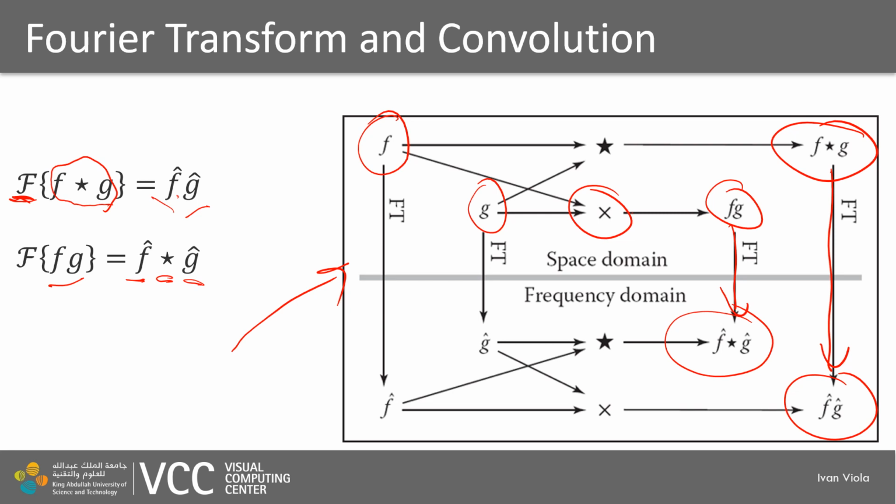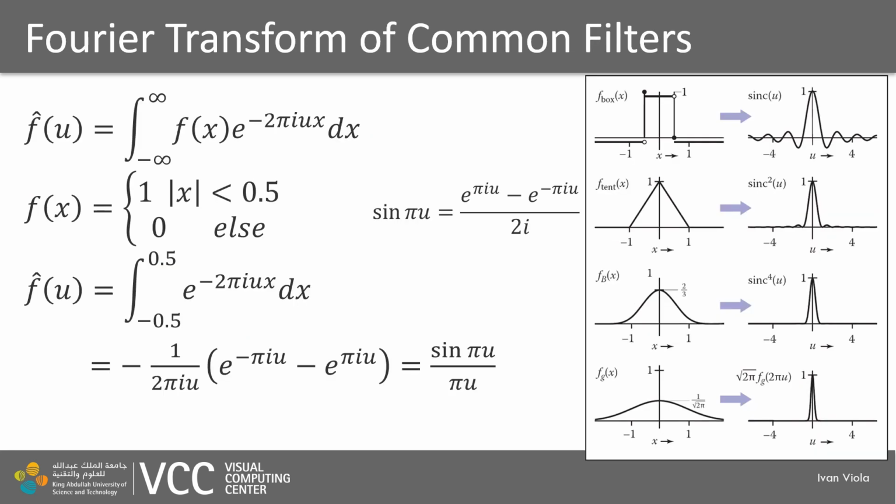And this is symmetric, as I said. This is very important for the theory behind linear reconstruction. We can see, for example, here that our frequency domain representation of certain filters shows the quality of reconstruction. So, for example, our box filter, which we said is generally a poor reconstruction filter because it has a very small extent and it has a